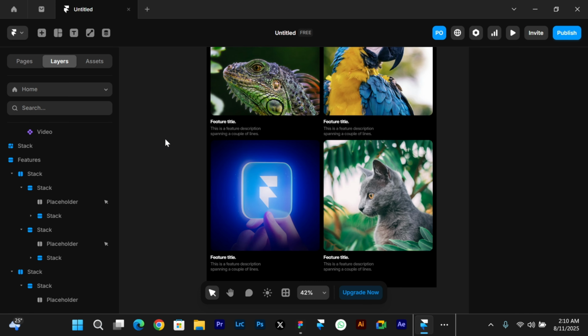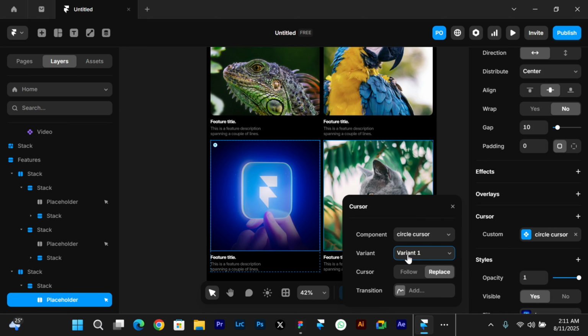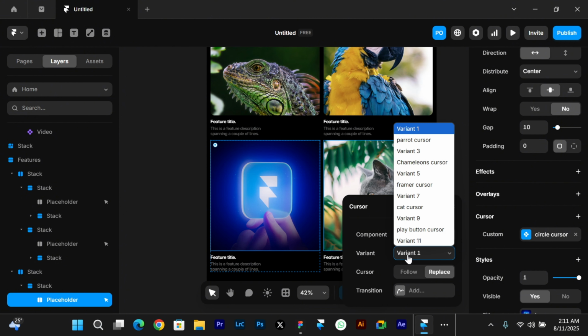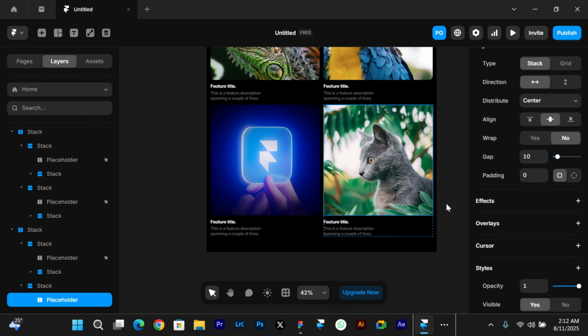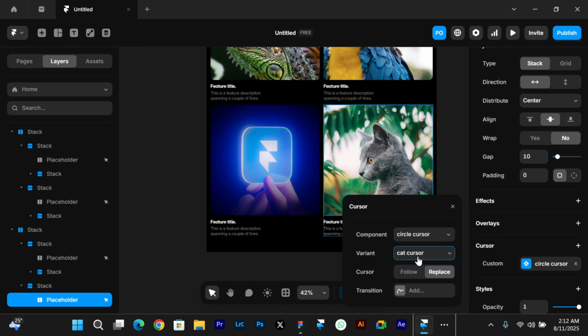So let's move on into the next, which is that of the framer card. So add a cursor custom. So since it didn't select the variant we actually wanted to add, this is where we have to search for it. So the name I gave it was framer cursor. Moving to the last image is where we add that for the cat. So by default it already selected the cursor we wanted to reference.